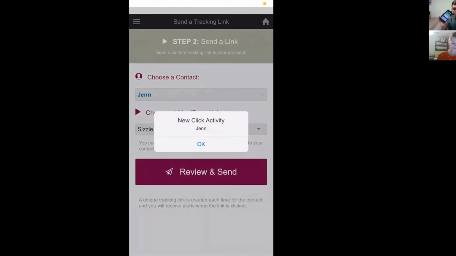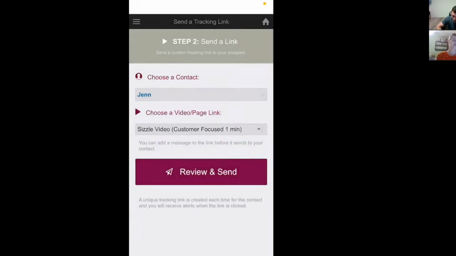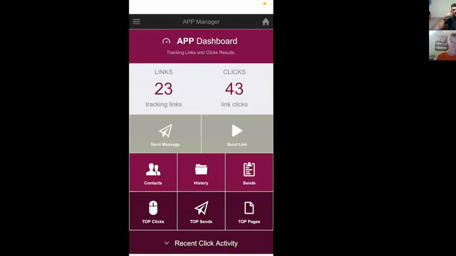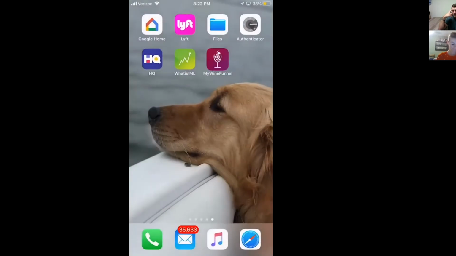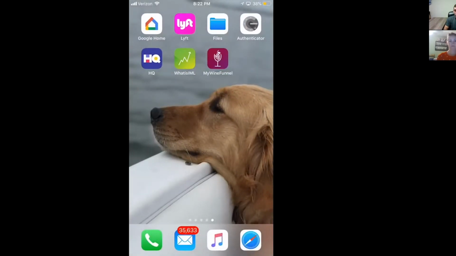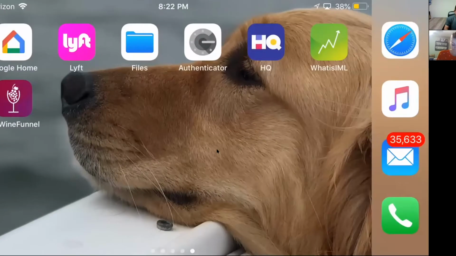I'm going to show you guys what it looks like in a second, but here's the deal. You now know when she's looking at the info. So guys, if she looks at it 3 hours later, it's probably good to know that. That way you're not nagging the heck out of your friend. Then you just annoy them, and then they don't even want to look at your stuff anymore, right? So knowing that is powerful. Also, if Jen opens it right now, and then she opens it again in 4 hours, guess who's getting notified? This guy. You will get notifications every single time someone clicks on that link. And it's pretty powerful.